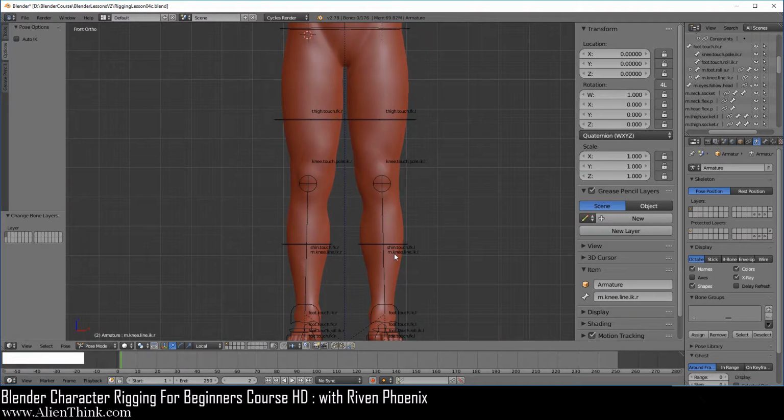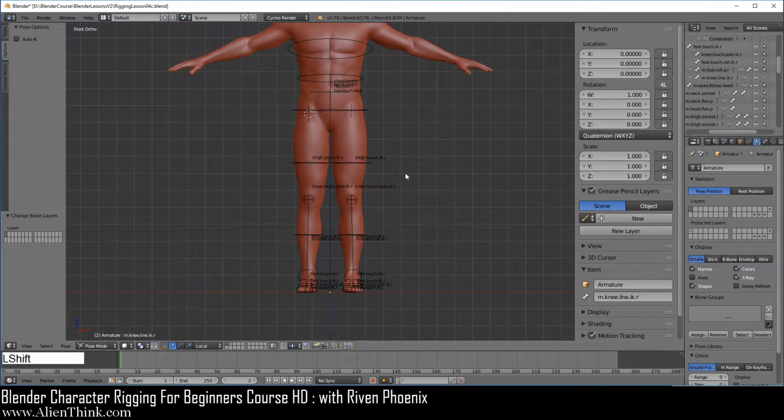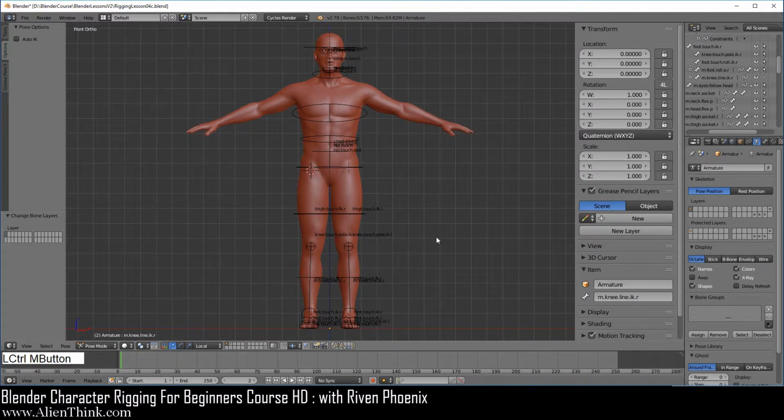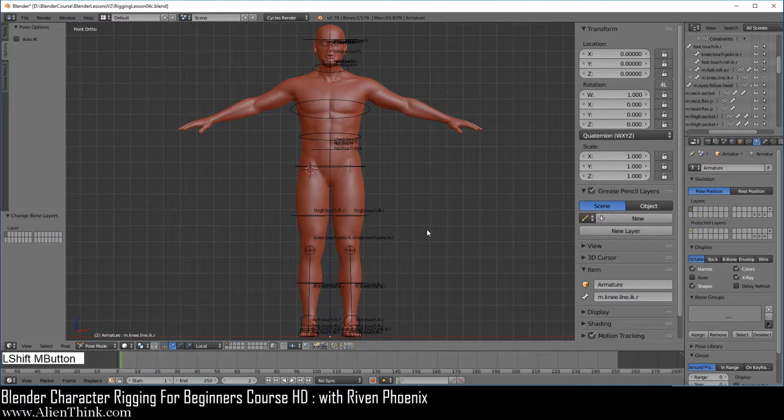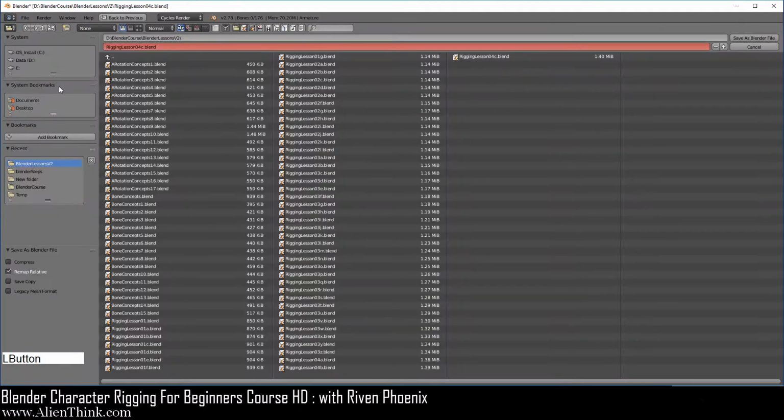So everything over here has been aligned. So here I'm just going to go ahead and go under File, do Save As, and here we're just going to save this as Rigging Lesson 04 d.blend.